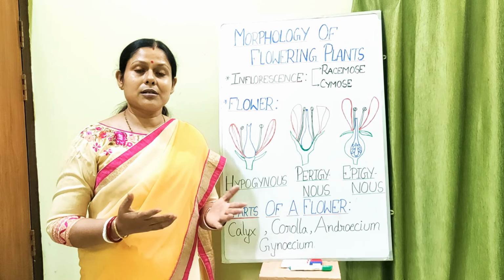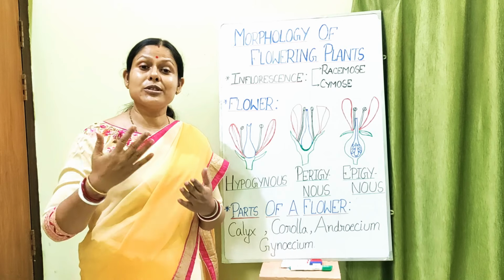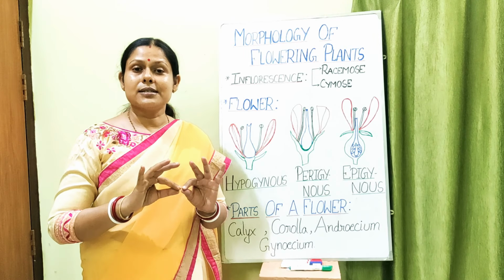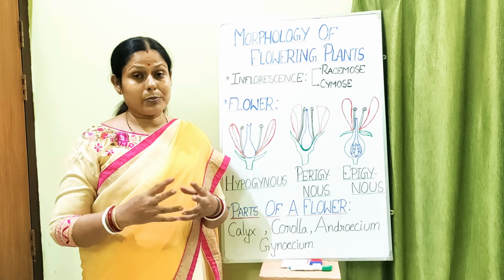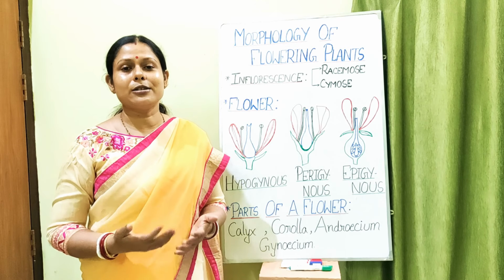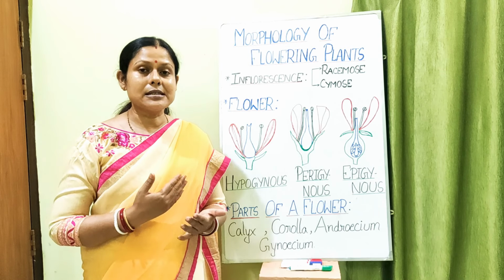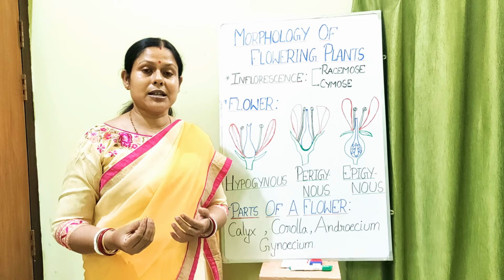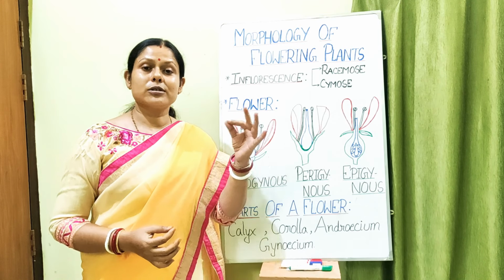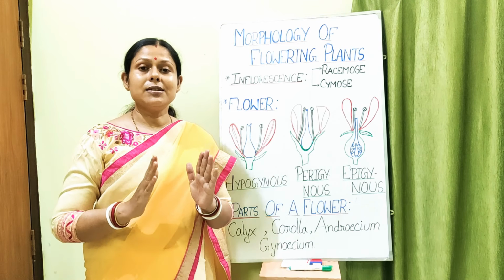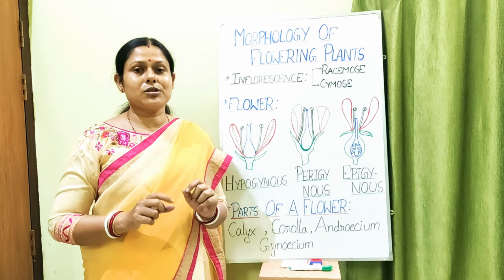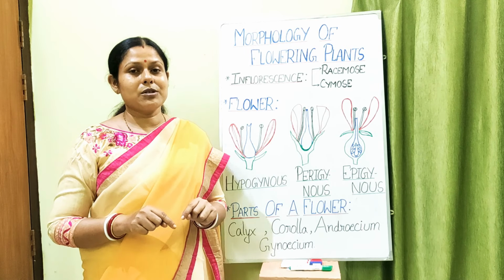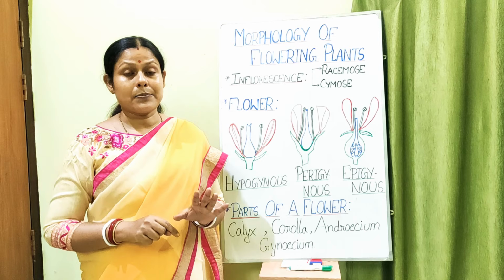Like there is a particular arrangement of leaves on the stem or the branch of a plant, which is called phyllotaxy, which we have not discussed, but just for your reference, if there is a branch or a stem and on that the leaves, there is a specific arrangement of the leaves, and that specific arrangement is known as phyllotaxy.